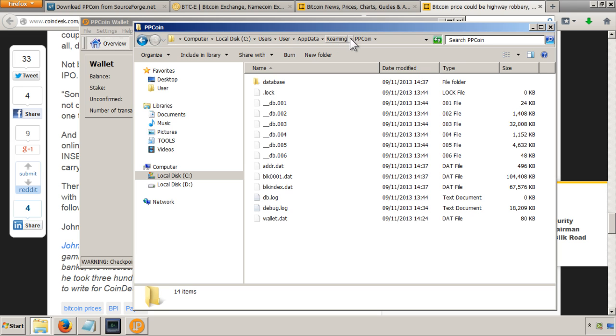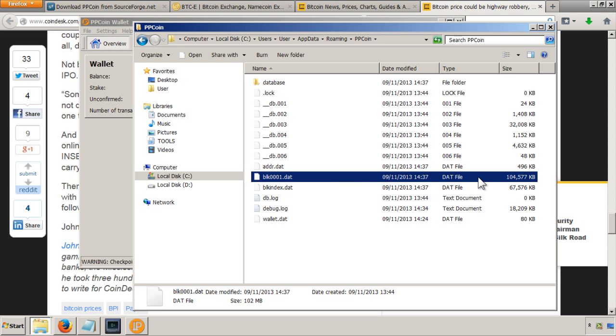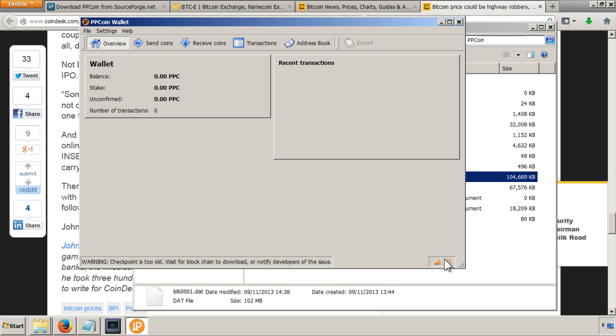In there there's a Roaming folder, and in there the software will have created a folder called ppcoin, and that's what I'm looking at now. And as you can see, when it's downloading all this block history, this file here is getting bigger and bigger. So hopefully this won't be too much longer now. It's on 95%, 19 days to go.